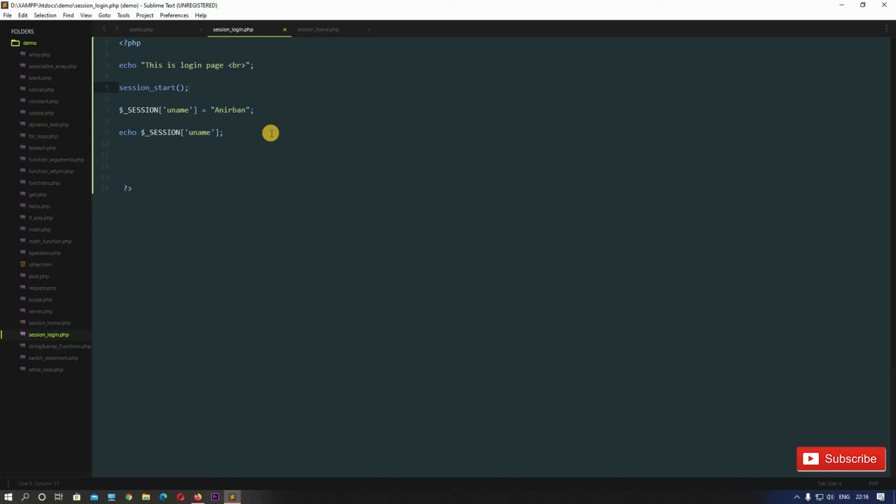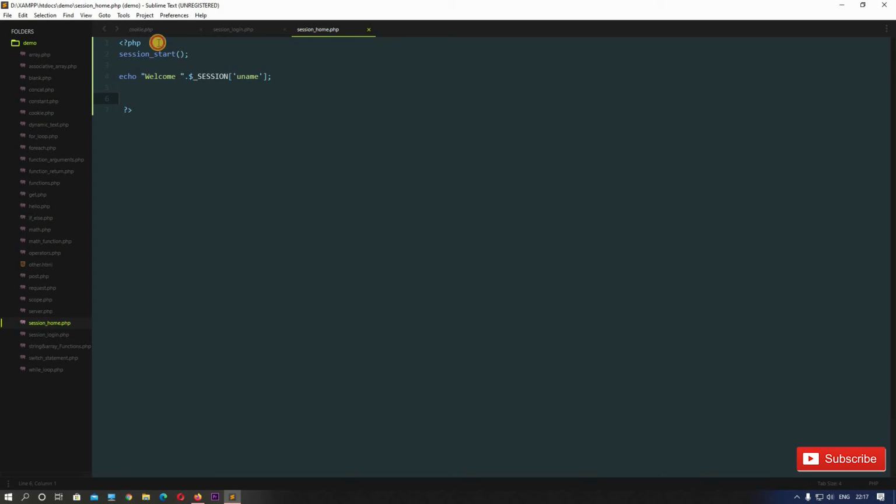When we discuss our include functions, how we include different files in a particular page or file, we will see that then. But for the time being, this is how we use the session variable, and this is how we start our session variable. We need to write session_start in every page. Okay, and now we are already logged in. So we are in the home page and we are displaying our message, welcome Anirban.